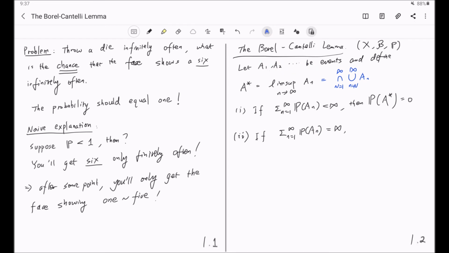Look here. We have a sequence of events. What condition is so natural to put on those sequence of events? You should be able to come up with an answer immediately. That is, if you further assume that those events are independent,